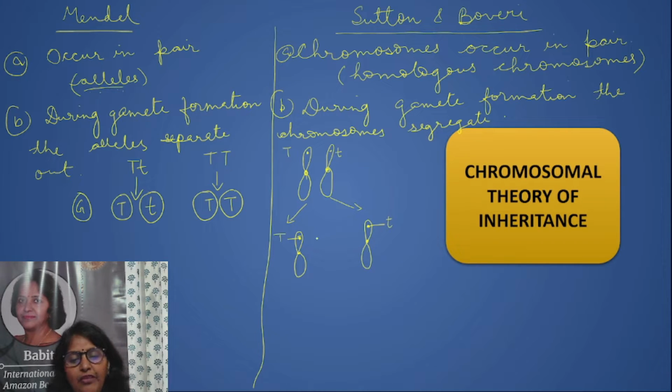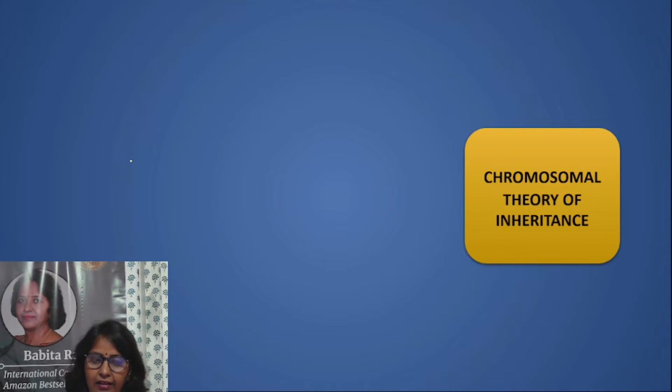So, during gamete formation, we have this as one gamete, we will have this chromosome, the other gamete will have this chromosome. So, chromosomes separate out during gamete formation, and these chromosomes carry the genes. This was what they said. The third one is